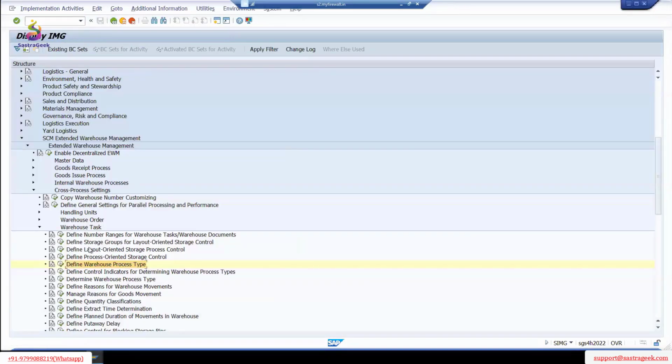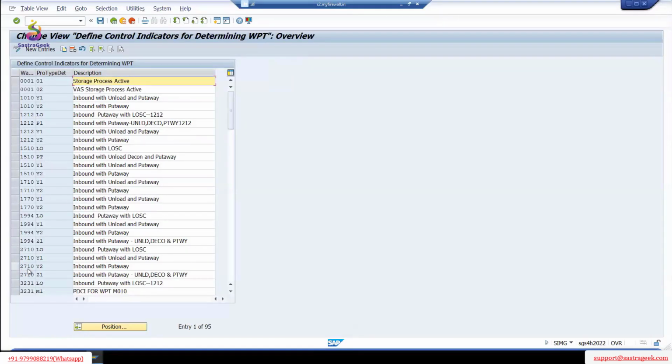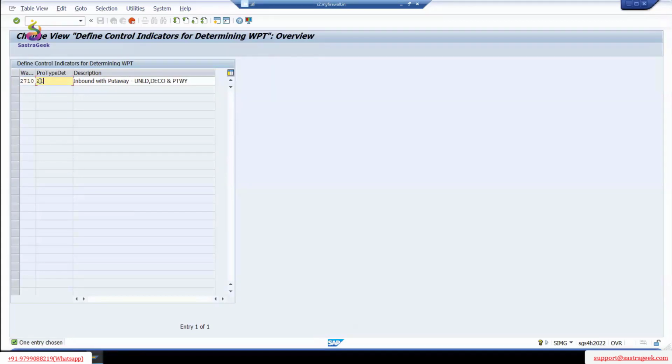Next, because I want to distinguish the product, I should enter a separate one. For 2710, we have LO and Z1. To make it generic, go for Z2, guys. Z2 inbound with put away, direct. Bracket direct product should happen, unload as